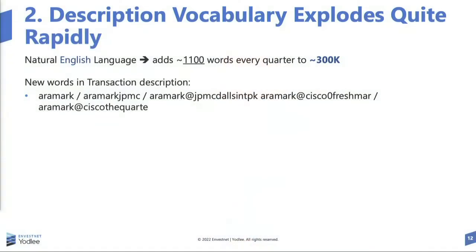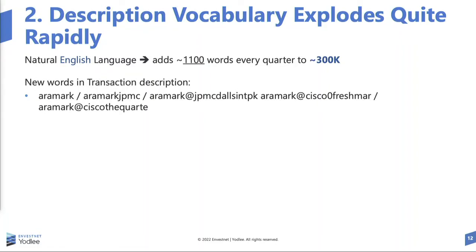So there's a quote-unquote word, say "error mark," right? Descriptions can change every day coming from the sources. You can have "error mark" put together with JPMC, or "error mark at JPMC" or something, and you can see versions thereof. These are quote-unquote legitimate words in a transaction description that you will see.